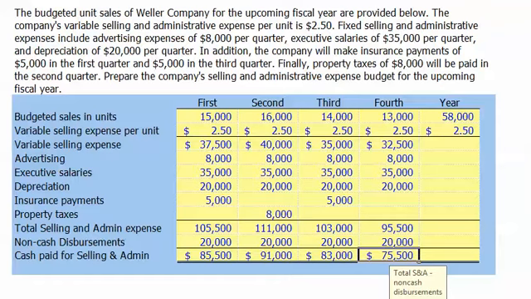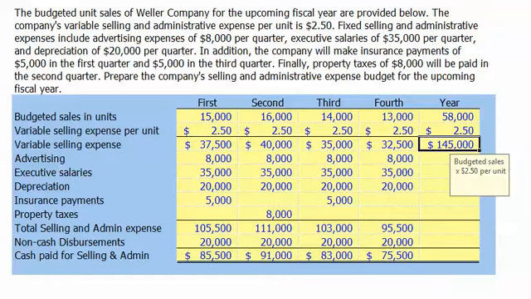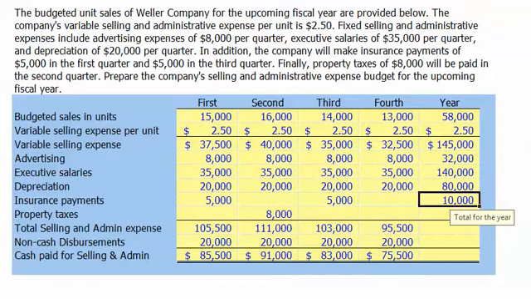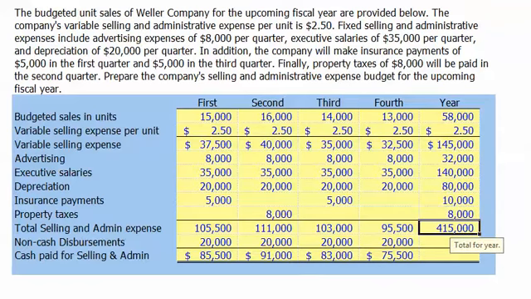$75,500. For the year, our total variable selling expenses will be $145,000. We can add these across or multiply the budgeted sales in units for the year of 58,000 times $2.50 per unit. We can total our advertising expense for the year, our executive salaries for the year, total our depreciation expense for the year, our insurance, and our property taxes in order to calculate our total selling and admin expenses for the year, which totals